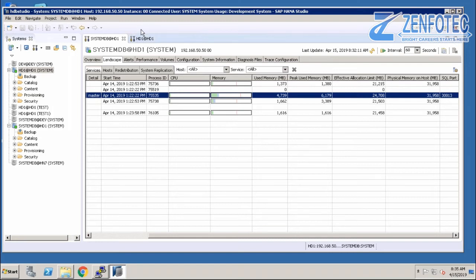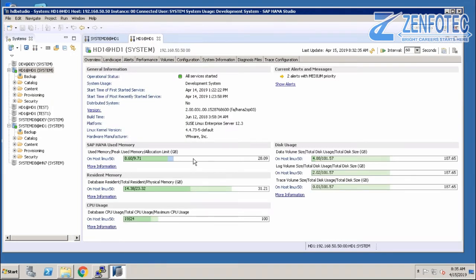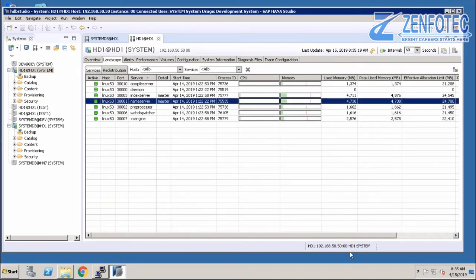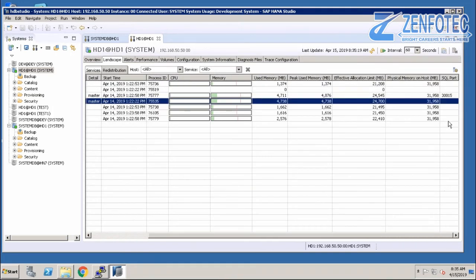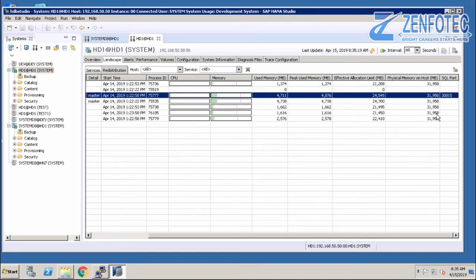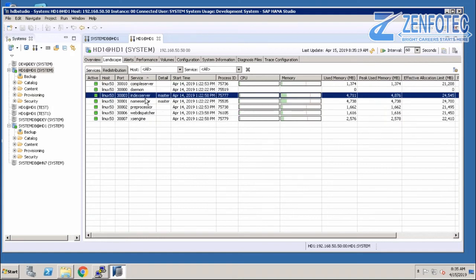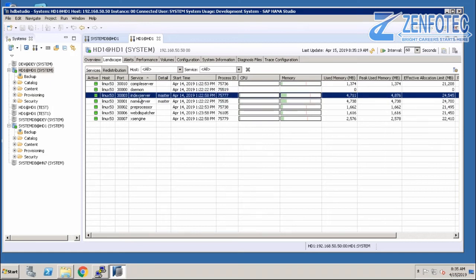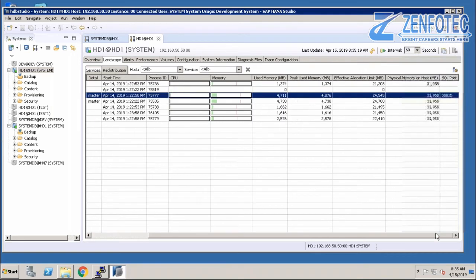If you see the tenant database, we are connecting to the external port of the index servers. Here we have the index servers, and here is the port number of the index server. Here it is showing the name servers, but it is not the correct one. It is a bug in the system. Sorry, here is the name server; I thought it was the index server. So in the tenant database we have the index servers. We connect to the tenant database through HANA Studio on the SQL port, that is 30015.